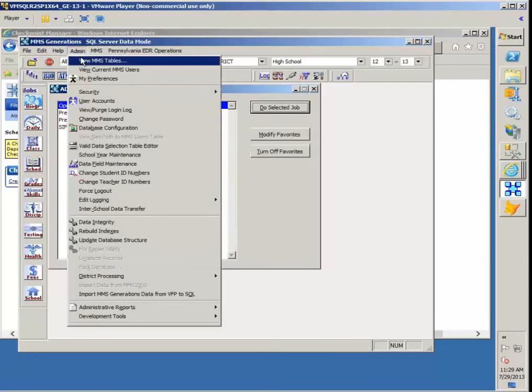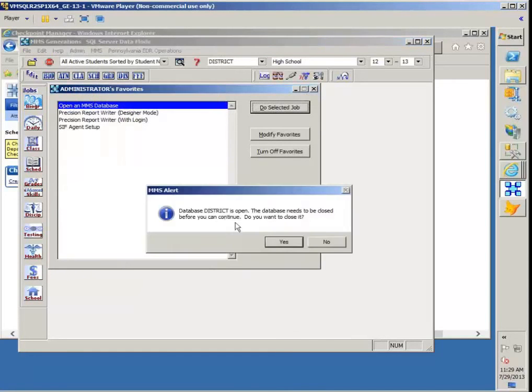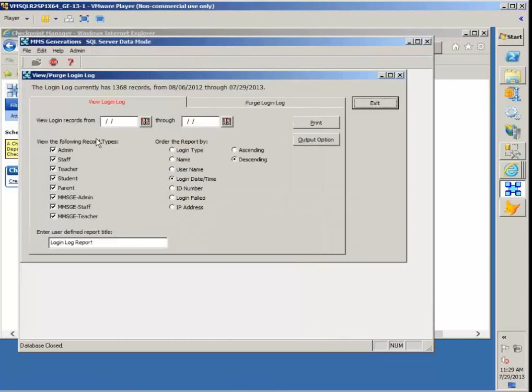You also want to periodically clear up the View Purge Login Log. This is a log of every time somebody comes into the system, every time somebody logs in. The top 5 are the web portal, the bottom 3 are Generations. It shows me how many records I have; right now I'm sitting with a full year's worth of records. So I might want to come in and say, show me the records from last year